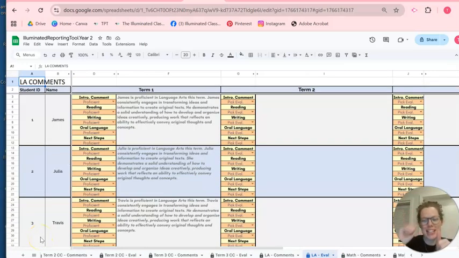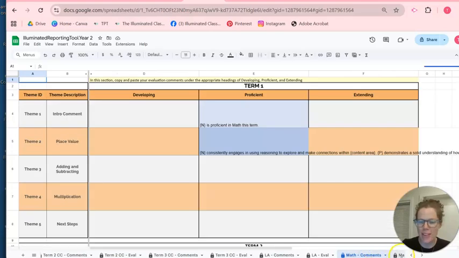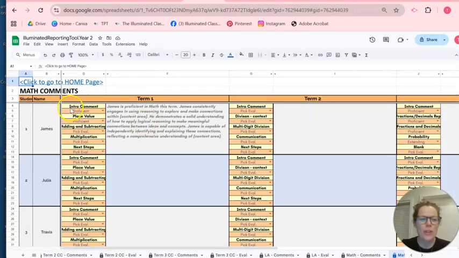Pro tip number 6, you want to make sure that you do not edit any of the yellow cells on our language arts comments page or our math comments or our math evaluation page, sorry. If you do edit any of these yellow comments here, it will impact the shortcut that is connected to them from the home page. So unfortunately, if you do edit those, it will impact the shortcut, so you probably want to avoid it. And that is it for this pro tip